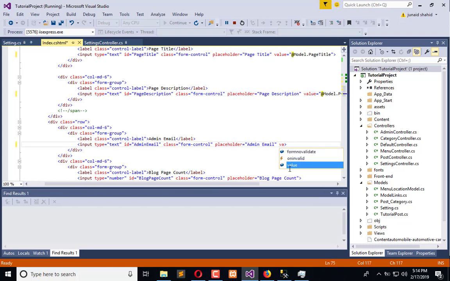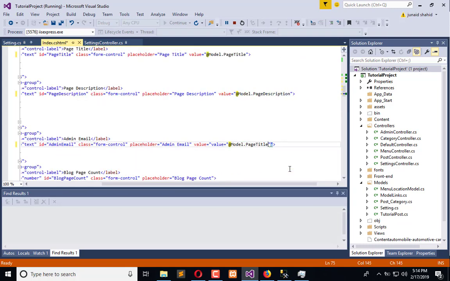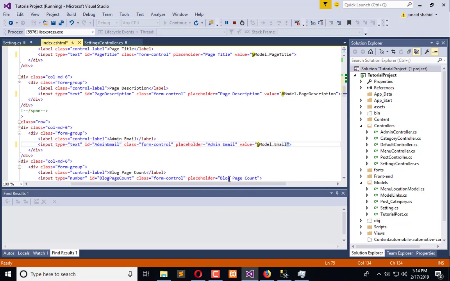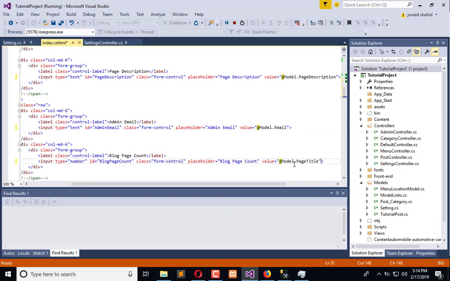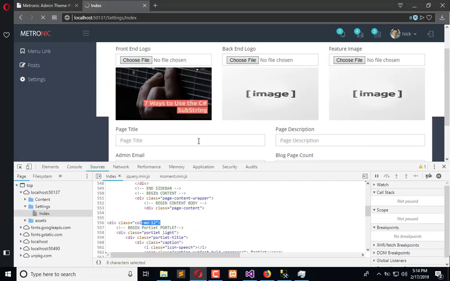Admin value model dot email, and here is block count. That's it. Now refresh the page